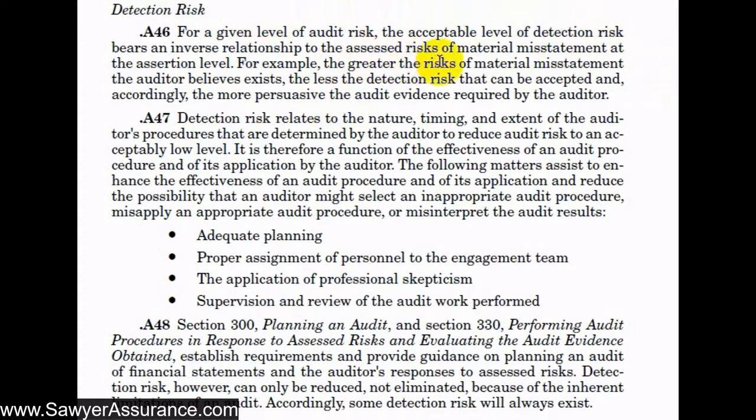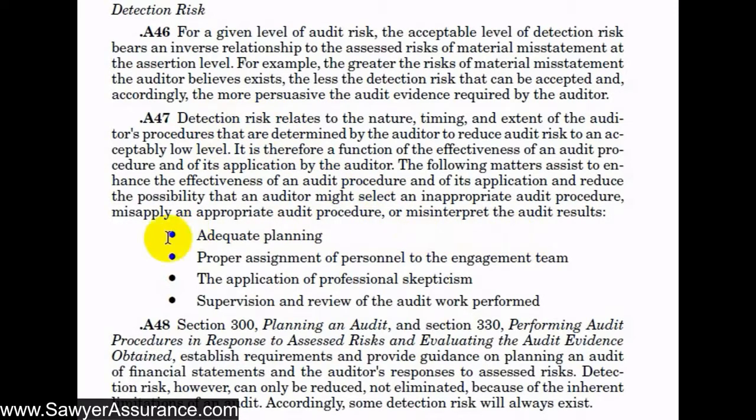So in that sense, the greater the risk of material misstatement that the auditor believes exists, the more procedures, and for instance, the more persuasive the audit evidence needs to be in order to reduce that detection risk to an acceptably low level to mitigate the overall audit risk, the risk that we did not detect a misstatement or that misstatements exist in the financial statements and we gave an incorrect opinion that says there aren't any. So in trying to reduce this detection risk, we need to plan and perform the nature, timing, and extent of our audit procedures in an effective and efficient manner to reduce that detection risk to a level that's manageable.